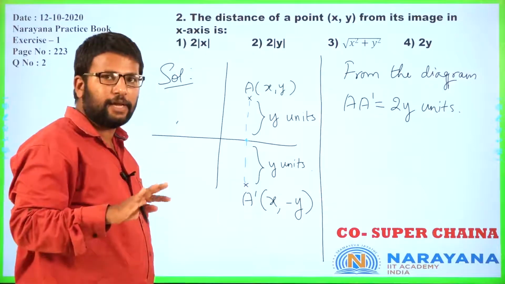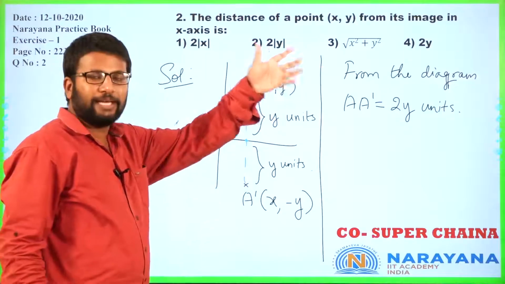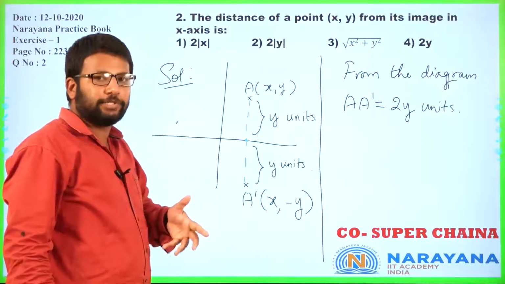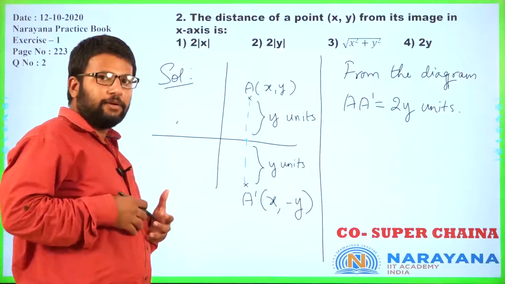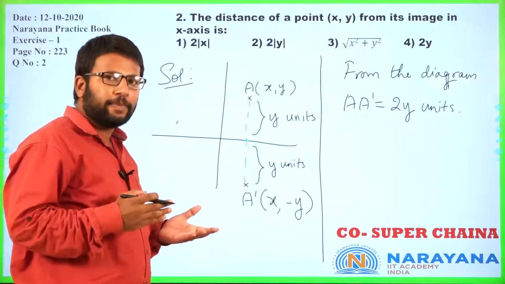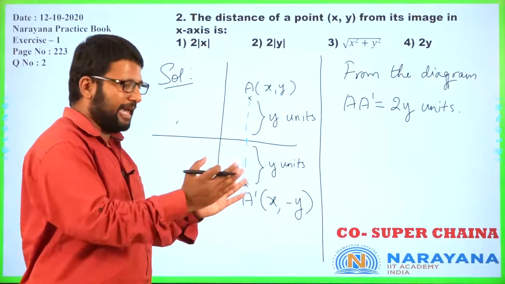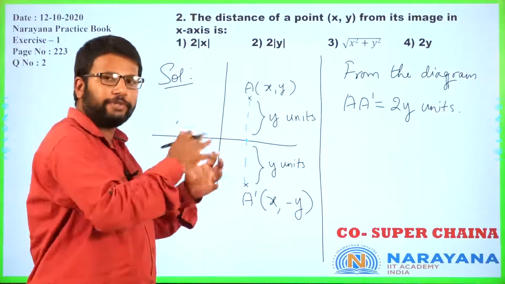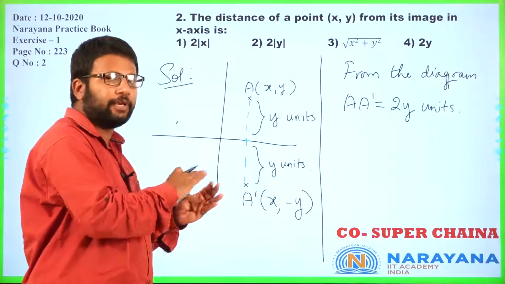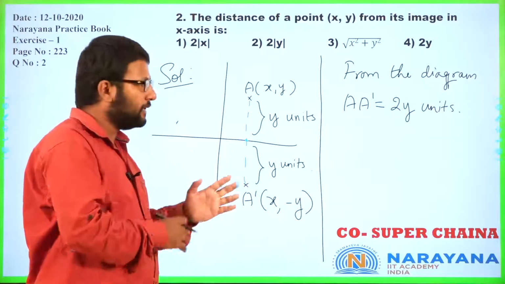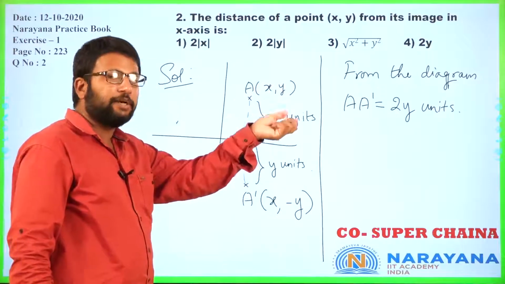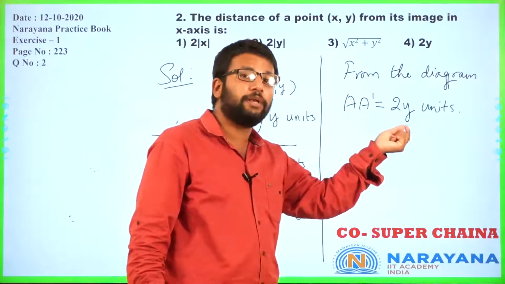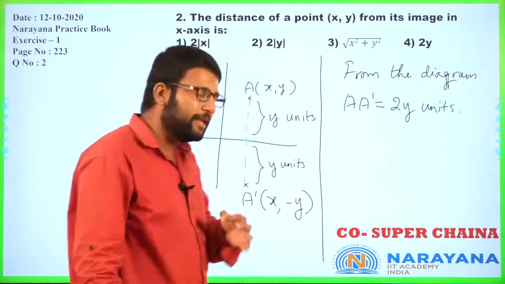Don't do that. I know a lot of you would be tempted to go with 2y. Just keep in mind that distance as a value will always be positive. By the English sense of the term, distance means the gap between two things. Now that gap cannot be negative, no? Of course, when we go into physics, you take directions into consideration, but all of those things are notations. Here we are talking about the distance, which means we want only a positive value. But keep in mind that y is a coordinate, which means y can be negative.